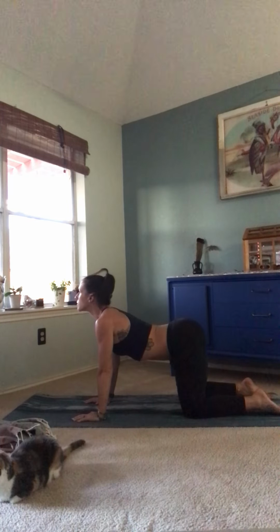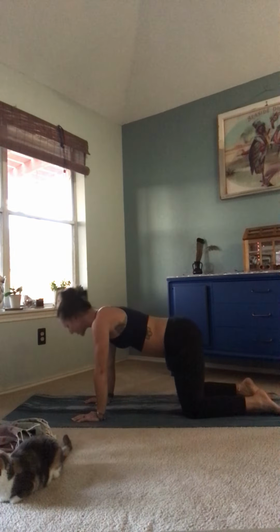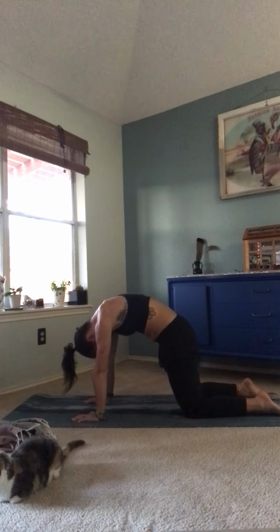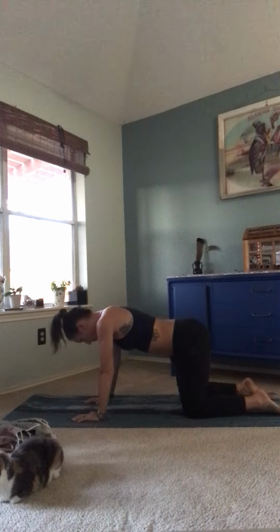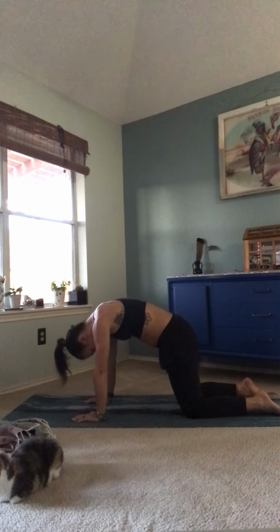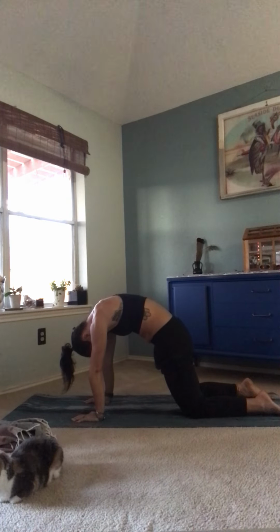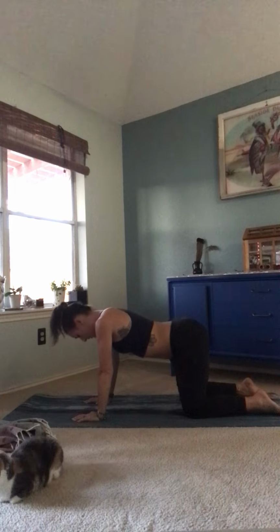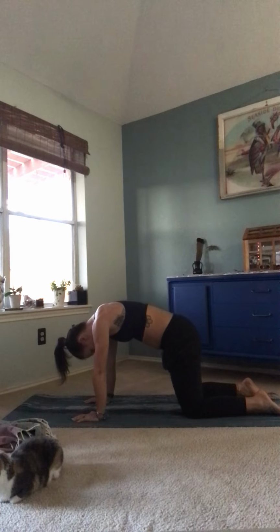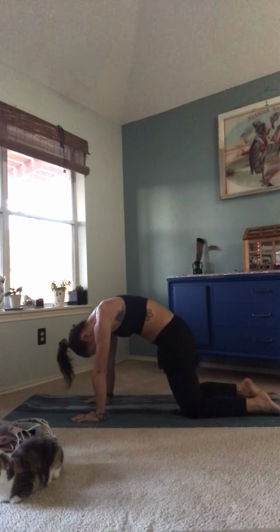Again, we do not have to move in unison or with the same range of motion. Maybe we feel that core working as we round up into cat. Now you can continue these cat-cows, or if it feels okay for you, we're going to come into a downward